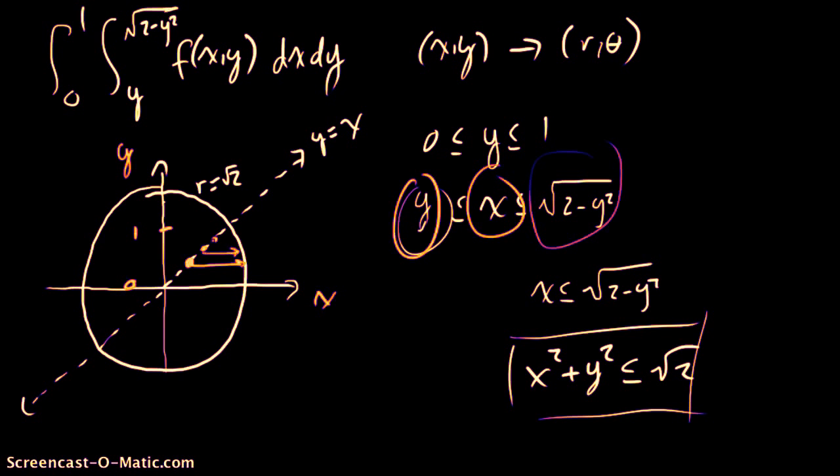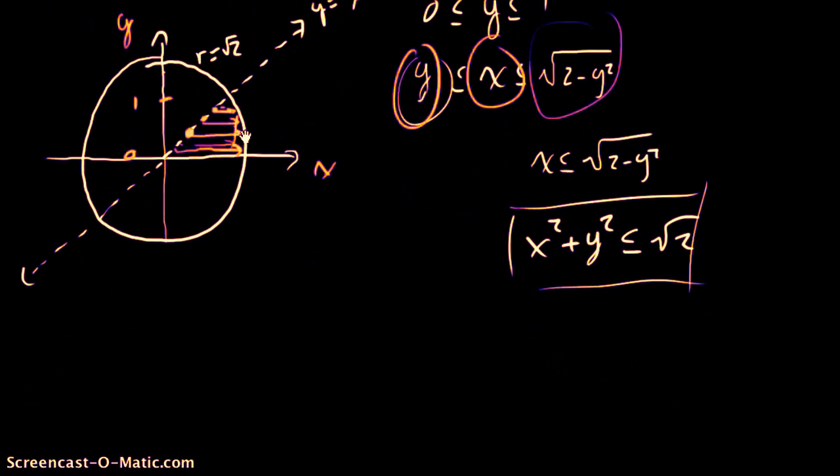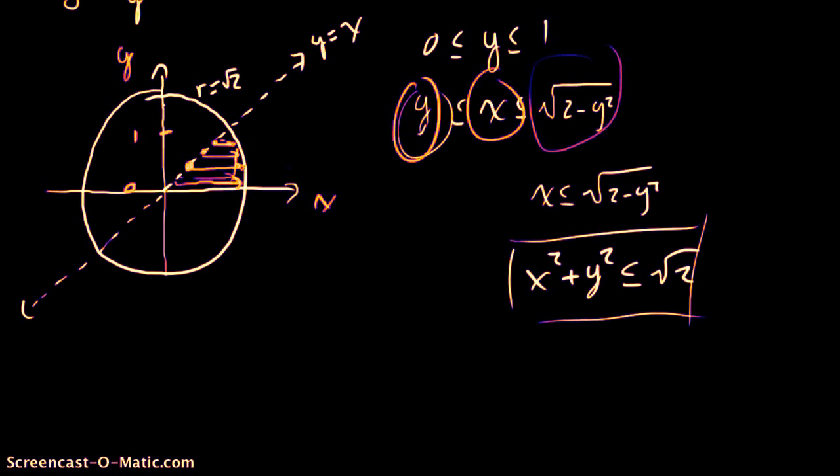So if I were to use all the infinite amount of points, you would believe me that drawing each line would indeed eventually shade this whole region right here that I just described, from 0 to 1 and the function y to the function of the outer edge of the circle with a radius of square root of 2. So now that we have that, we need to convert that to polar coordinates. One way that we can do this is by saying, well,